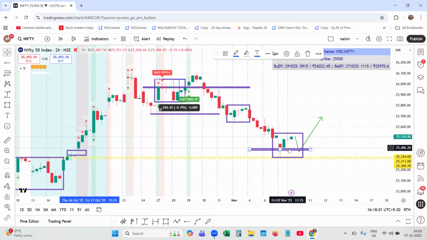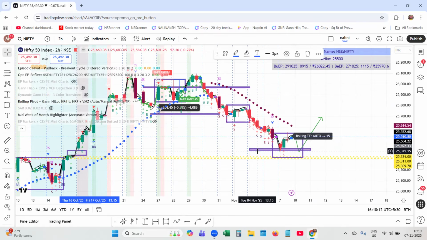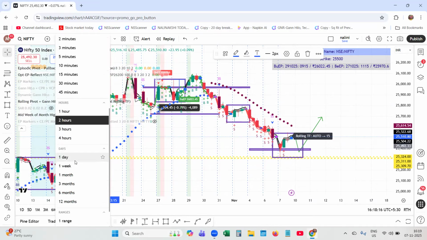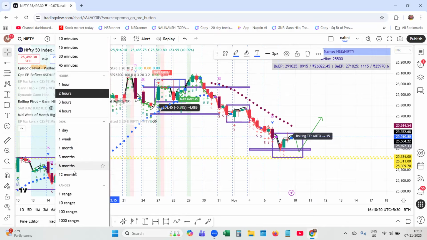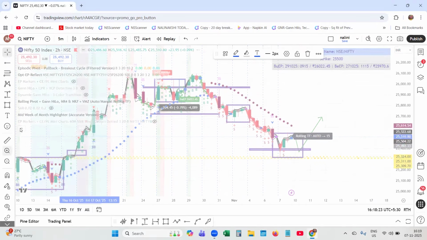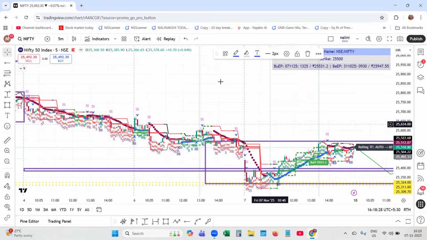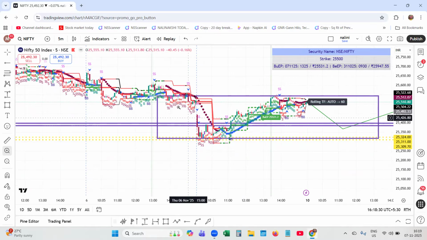Later, I'll go to the 25,400 call option and show how you could have taken the trade with the help of this rolling pivot. I am enabling the rolling pivot over here. I'll go to the 5 minutes time frame. Yes, it's here. 5 minutes time frame, and see the market gap down,